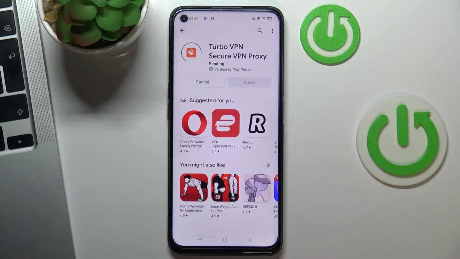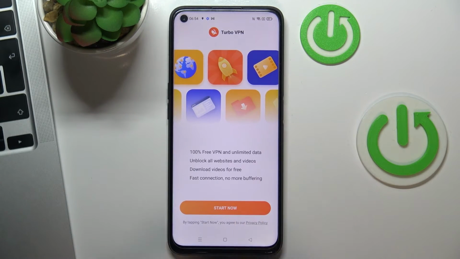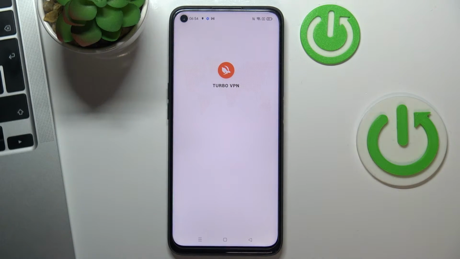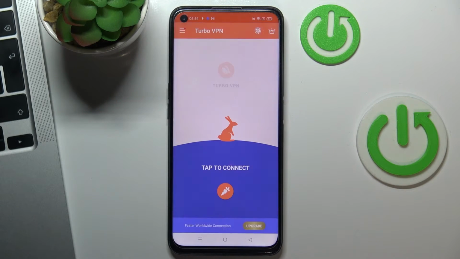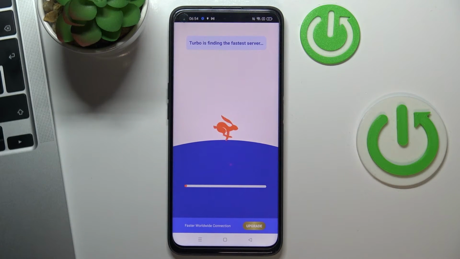Install it. And open. Press start now, choose the cross on the right top corner. Cool. Now just simply tap on the caret, wait a while, press always allow,